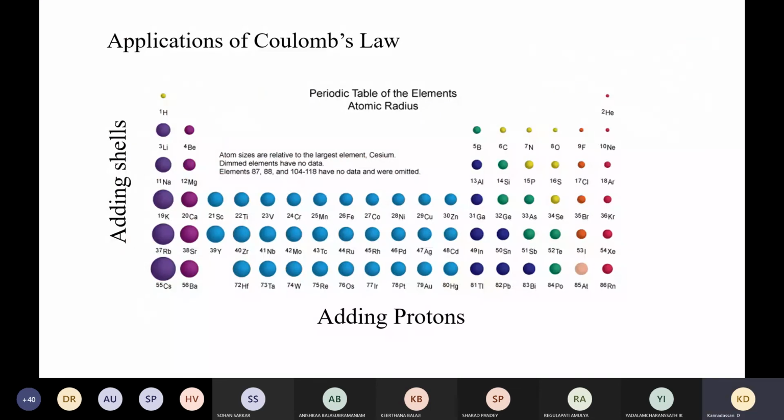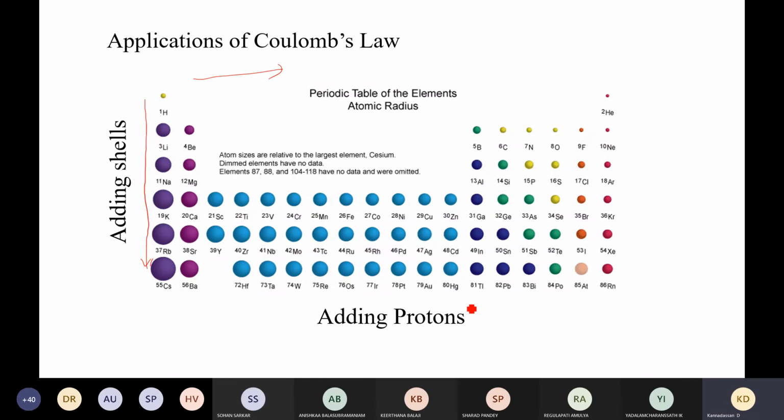Another very common understanding, I think you have studied this particular perspective, is that the atomic size we can directly estimate with the simple idea of Coulomb's law itself. If you see, in the vertical direction of the periodic table, the atomic size will keep on increasing. At the same time, when you go to the right-hand side, even though the atomic number keeps on increasing, the size will actually